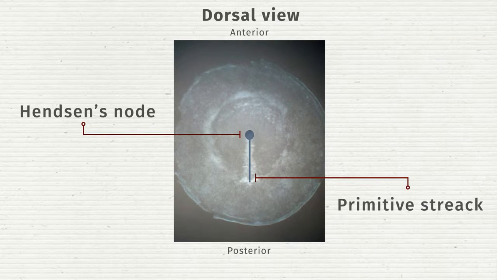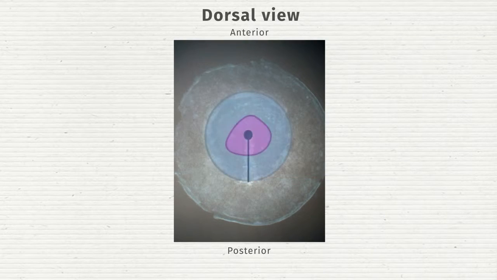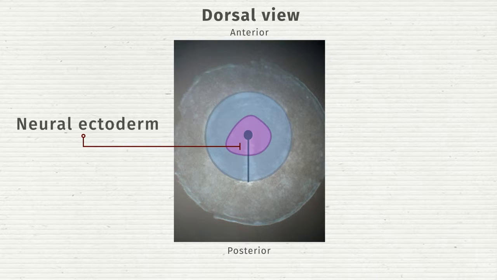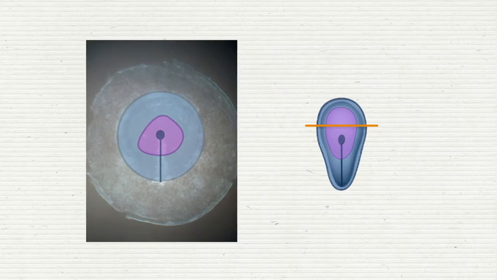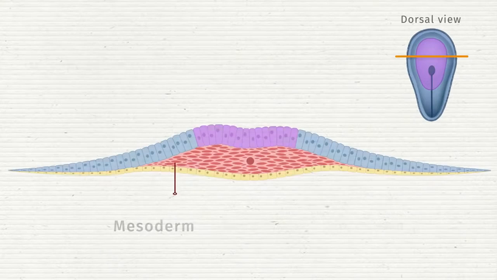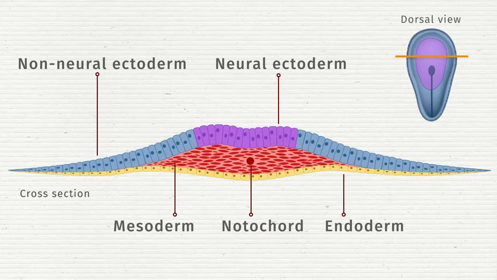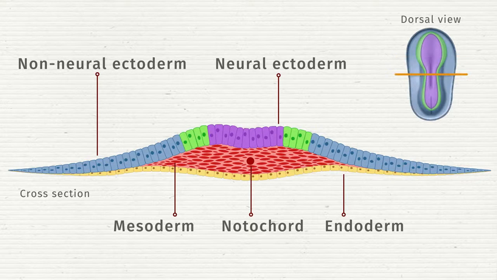During gastrulation, the ectoderm is divided into two areas: the neural ectoderm, that gives rise to the nervous system, and the non-neural ectoderm, that gives rise to the epidermis. Underneath the ectoderm, there is the forming mesoderm. Later, but still during gastrulation, a third domain appears on the border between the non-neural ectoderm and the neural ectoderm,